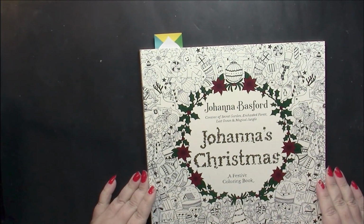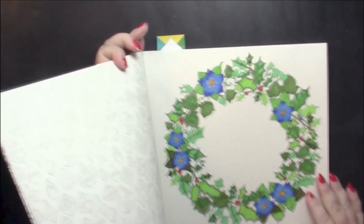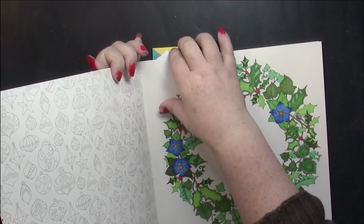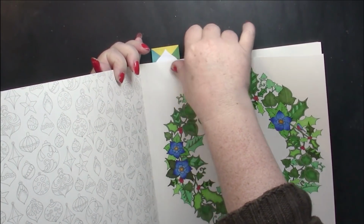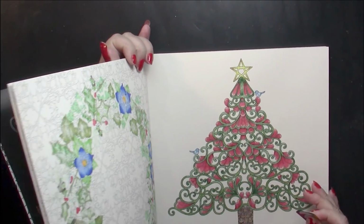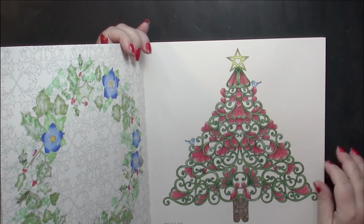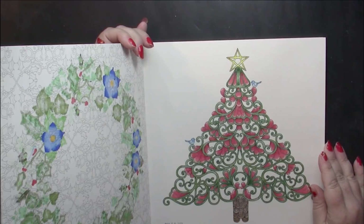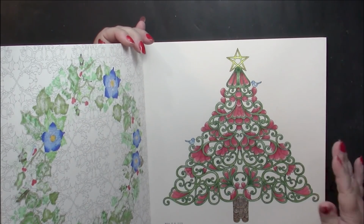So we have Joanna Basford's Christmas, and I work in her every Christmas season as well. So far I've gone in order. It hasn't been planned, but it's just been picked that way. I end up flipping through the whole book looking for a picture and not being able to pick. And then I go back to the beginning and I start there and I go, oh well, might as well